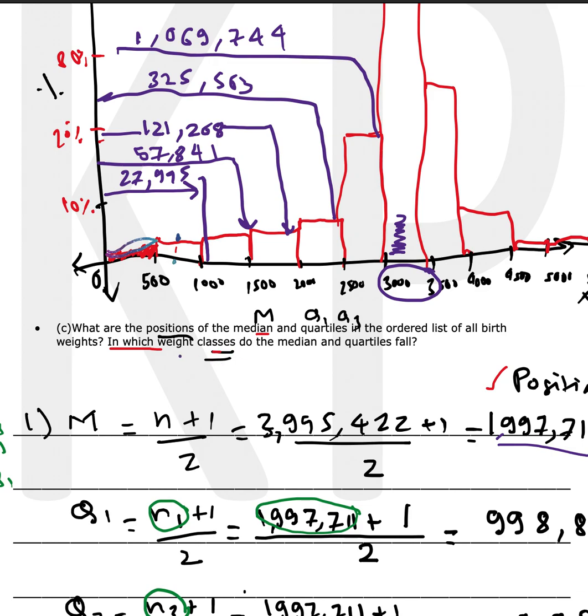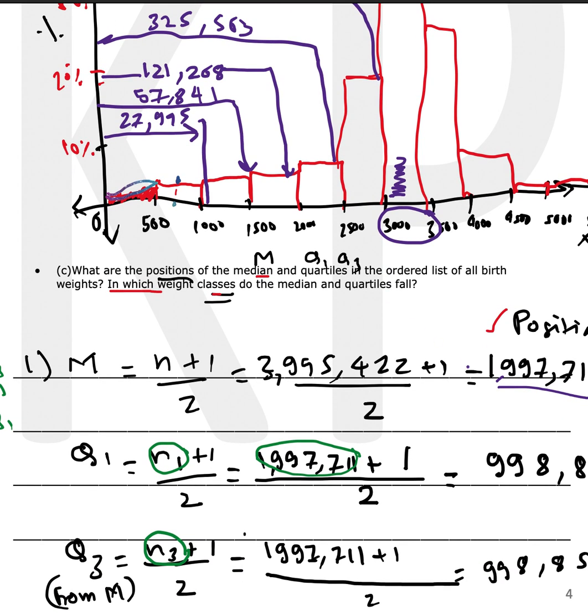So that is what the position, or not position, but the class, position of class, you can say. So we can say that our median falls within class of 3000 to 3499 weight. So that is the answer for sub question of 2C. And similarly, we can locate the Q1 and Q3. Oops, sorry, I wrote it